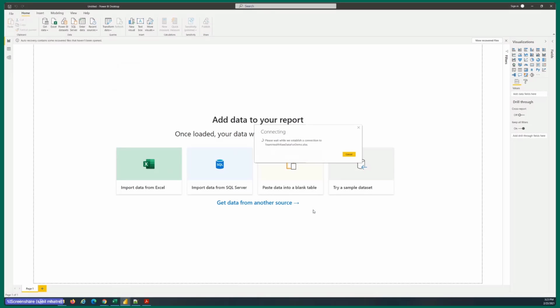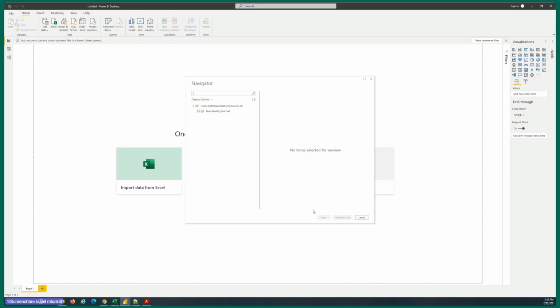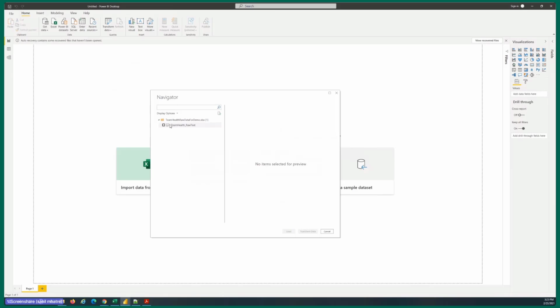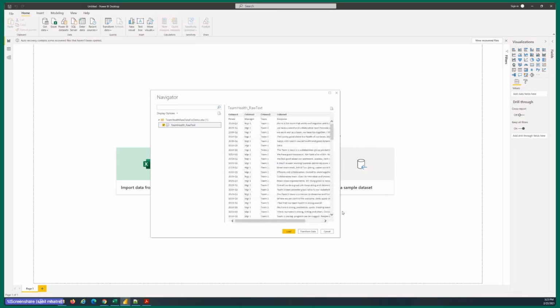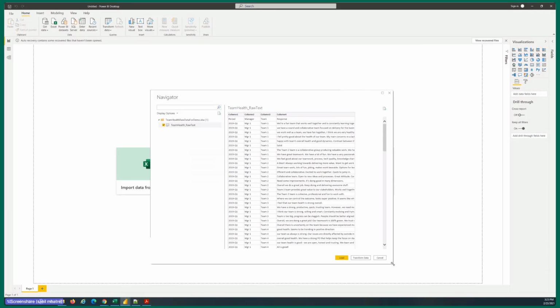Power BI is now trying to load that Excel file. Depending on how new or old your machine is, it might take a few seconds. My machine is fairly old, so it's taking its own sweet time. All right, you can see the preview here.